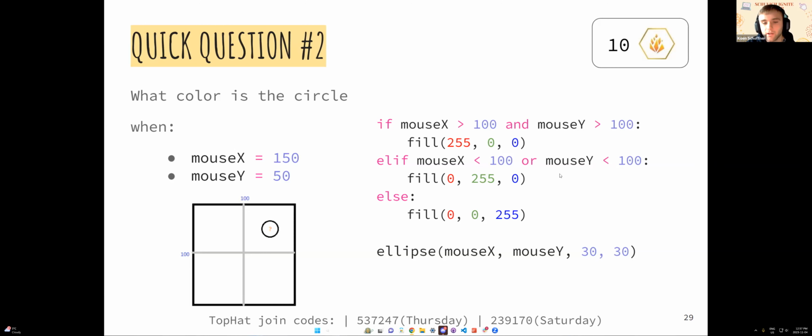You would need a value. So you could keep this, but if you changed mouse Y to like 75, because mouse Y would not be, oh, it is less than 100. And maybe it wouldn't. This is more so just to test your knowledge. But maybe if we have time at the end, I'll come back and see if I can come up with a situation where it would be blue.